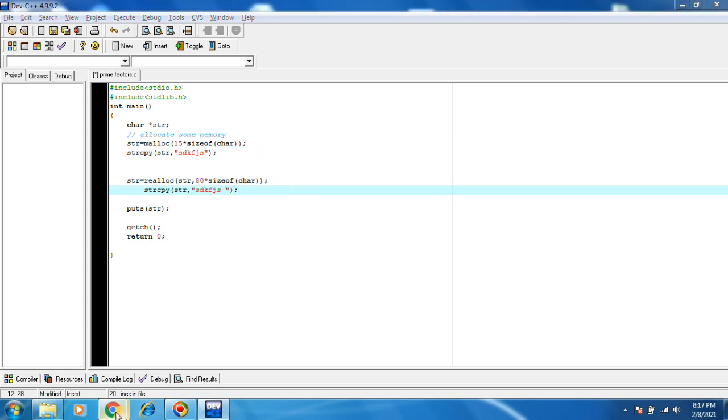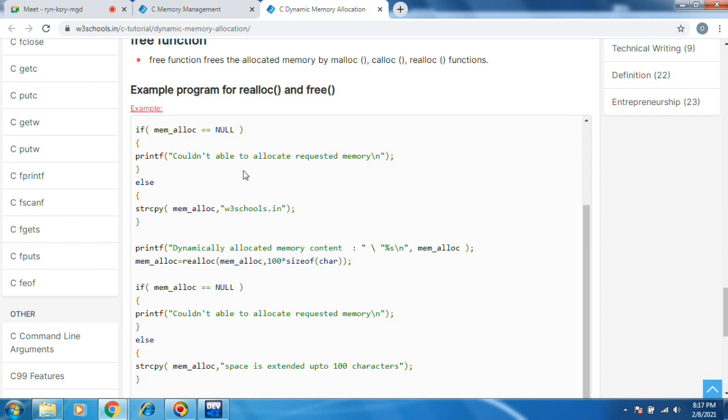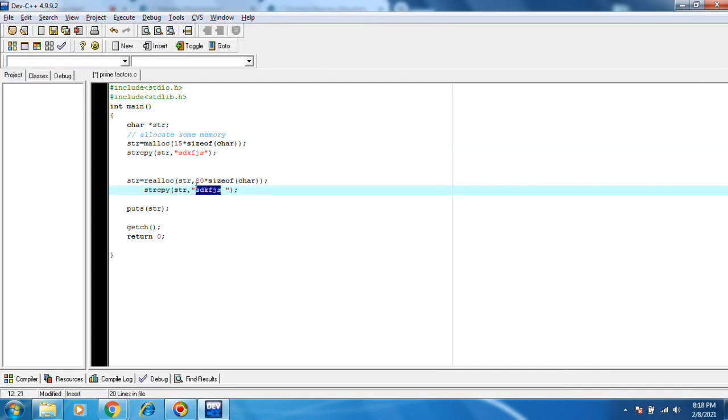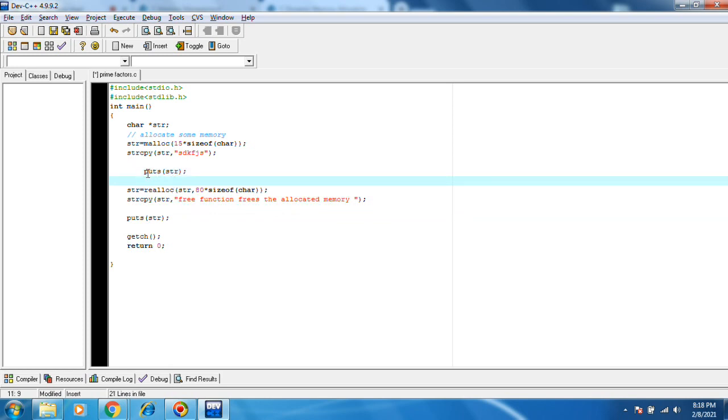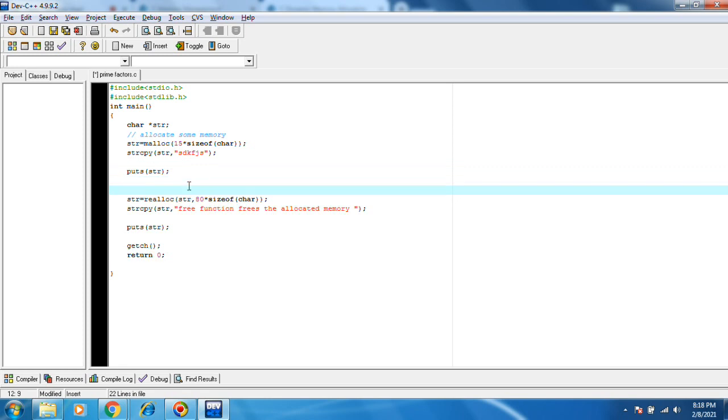You can copy paste any other. You can do something like this. You have added more than 15 characters here, and then you can put s after reallocation.